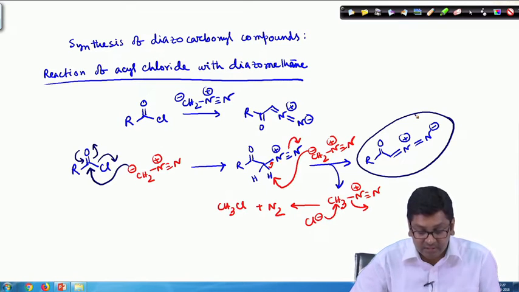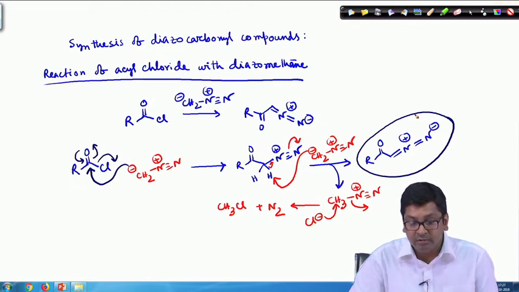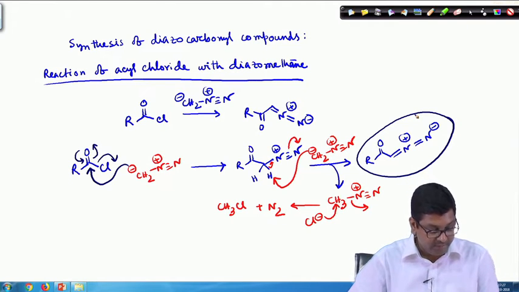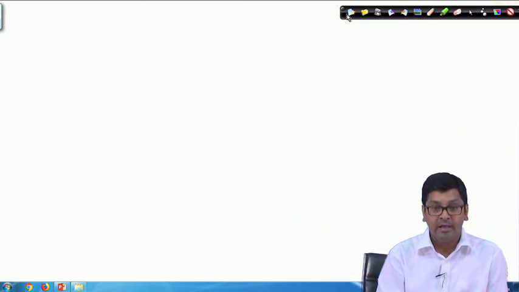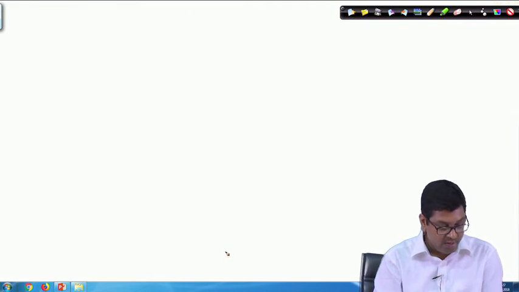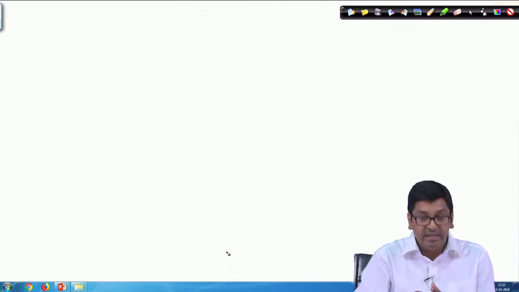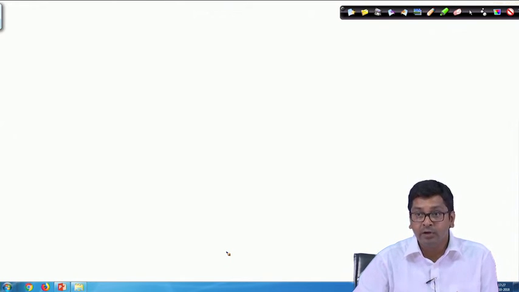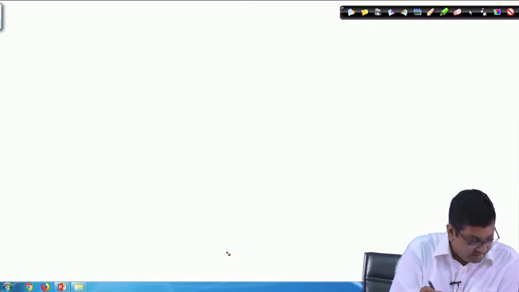Okay. So, what are the starting materials here? The acyl chlorides and diazomethane, and that will react to give you this diazocarbonyl compound. Okay. Now, in another method, the parent carbonyl compound will react with tosyl azide in presence of base, that will also give you the corresponding diazocarbonyl compound. Okay. As per example,